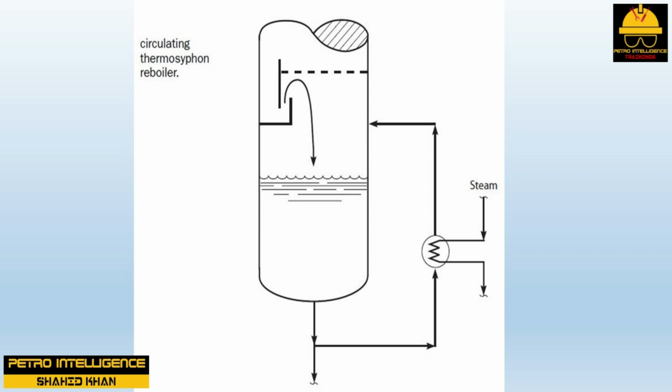reboiler. The liquid feed rate to the once-through thermosiphon reboiler is limited to the amount of liquid overflowing the bottom tray. The liquid feed rate to the circulating thermosiphon reboiler can be quite high, limited only by the available liquid head thermosiphon driving force. However, we should note that the liquid head thermosiphon driving force for a circulating thermosiphon reboiler